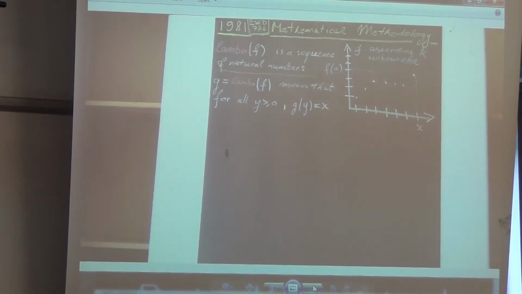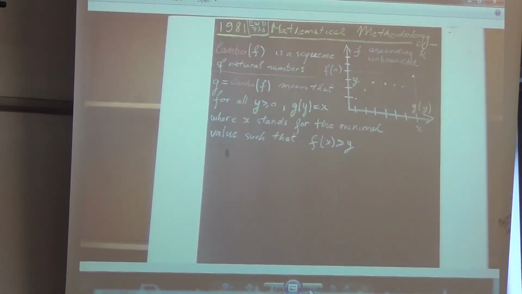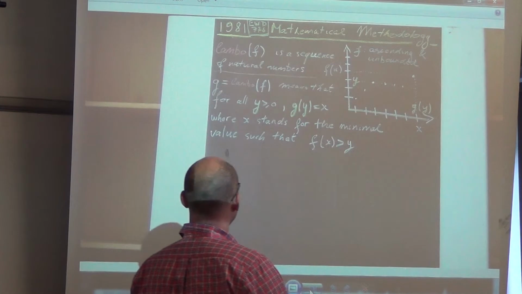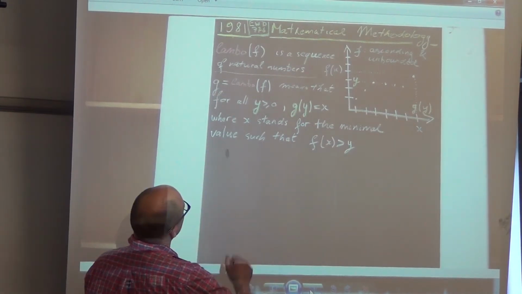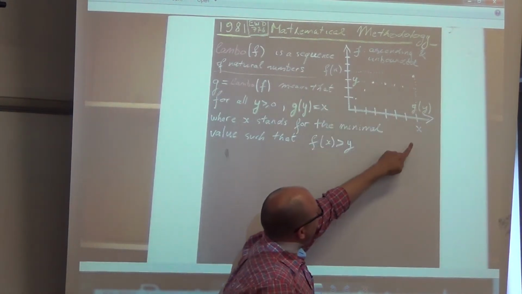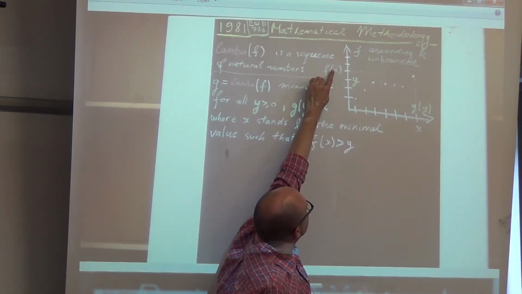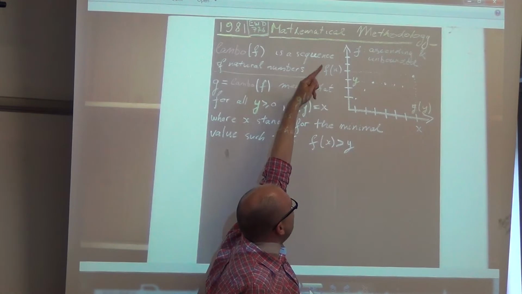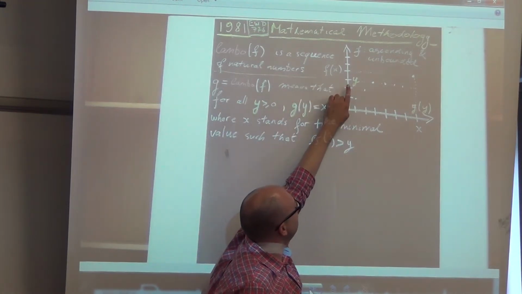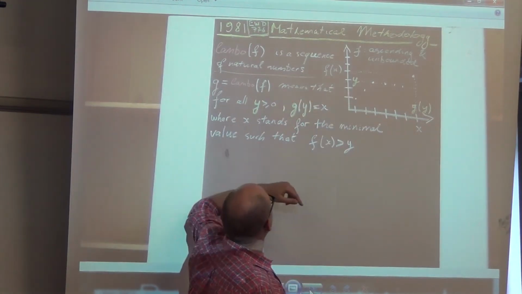Let's call it g. G is Lambo of f, which means that for any y, g of y is equal to x, where x stands for the minimum value such that f of x is larger than y. So in this particular example, I took an x and we have f of x up there. Now, if you take a particular y on the vertical axis, let's say you take this one, then g of y